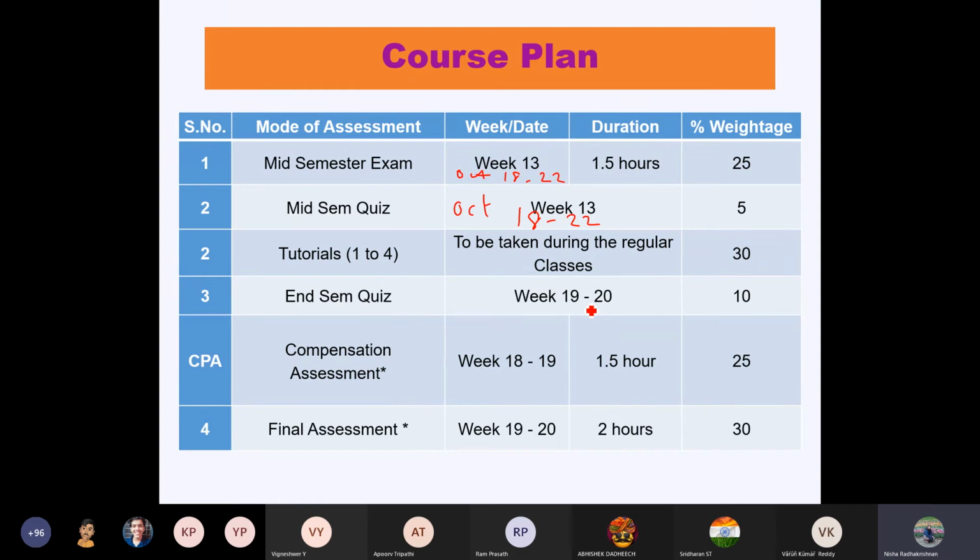Tutorial, I'll have for tutorial. Like I said, it has to be done in the class. You will come online, download the question paper, and then submit it at the end of the class. You cannot be absent for the tutorial. I will not give any compensation for tutorial classes until and unless I feel that it is genuine enough to give it. Some students may not feel well.